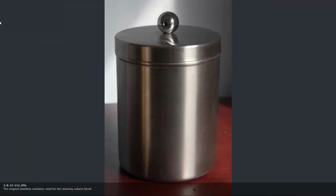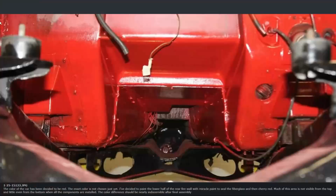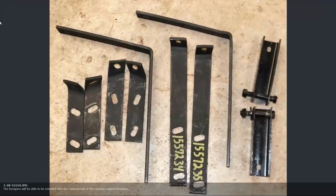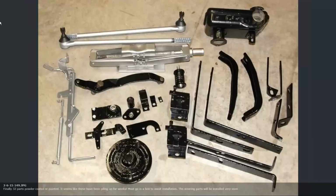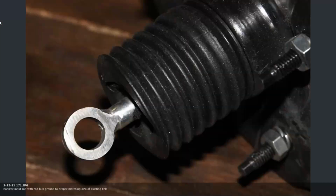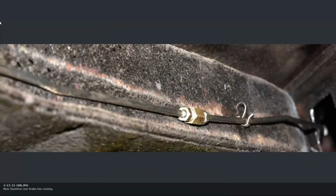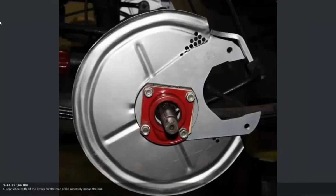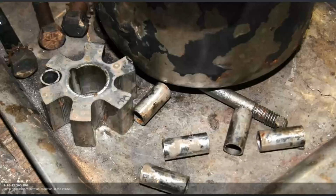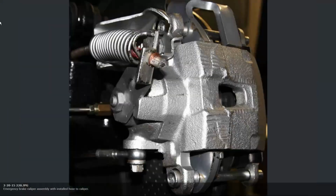Just ask. The last of under 4,000 Avantis rolled off the assembly line 56 years ago. Do the math. Guys and gals with deep hands-on knowledge of this beast are almost as rare. Enjoy these 1,000 photos of parts before, during, and after repairs, placement shots, and more that took years to assemble. Each shot has an ID in the left corner that corresponds to its location in the web album Avanti Reborn